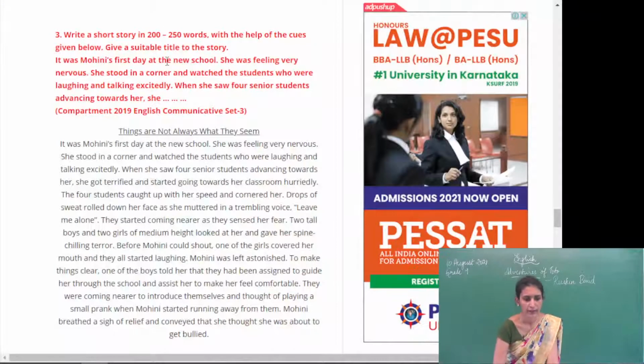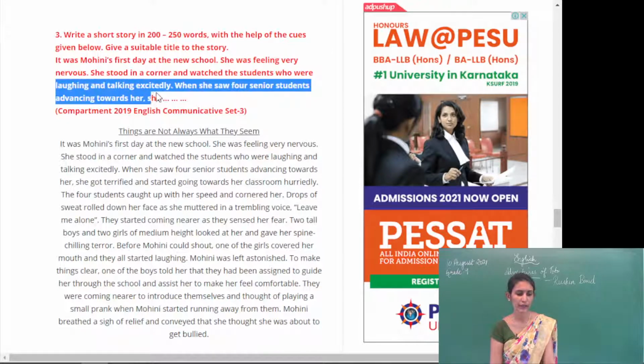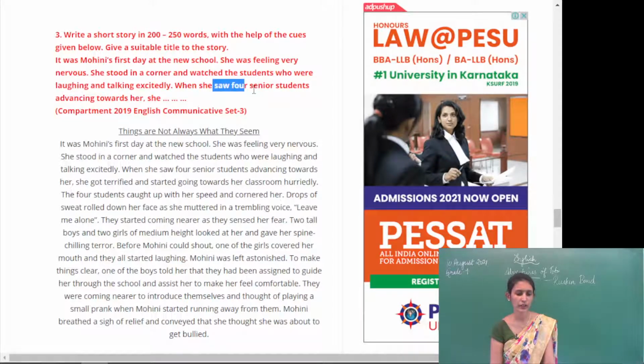See it. Now here, these are the clues. They can give you only this much: Mohini's first day, new school, feeling very nervous, stood in a corner, watched the students laughing and talking excitedly. She saw four senior students advancing towards her. Then is your continuation that you have to give. See, this is the story that is being created.